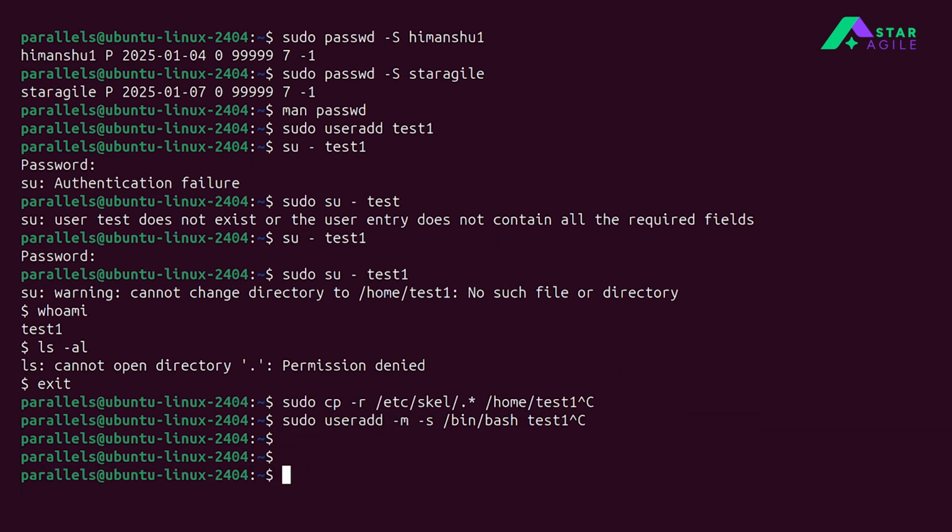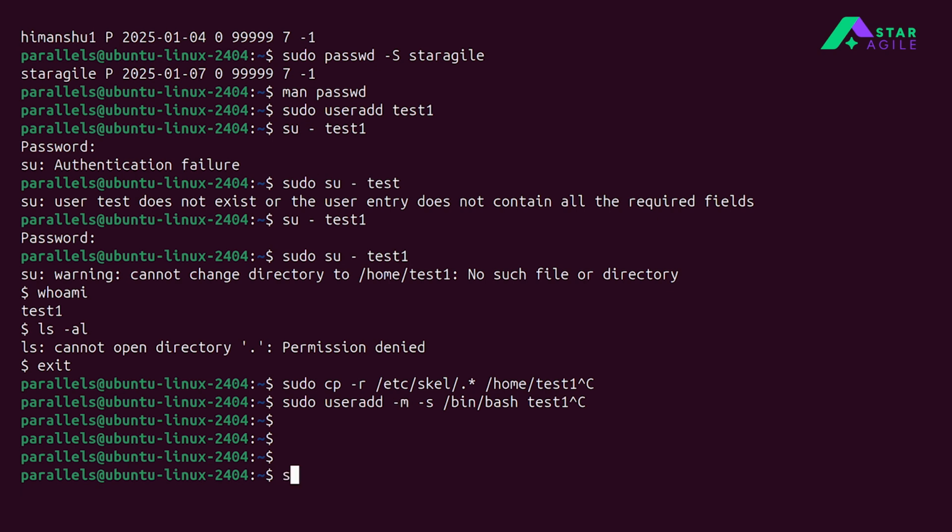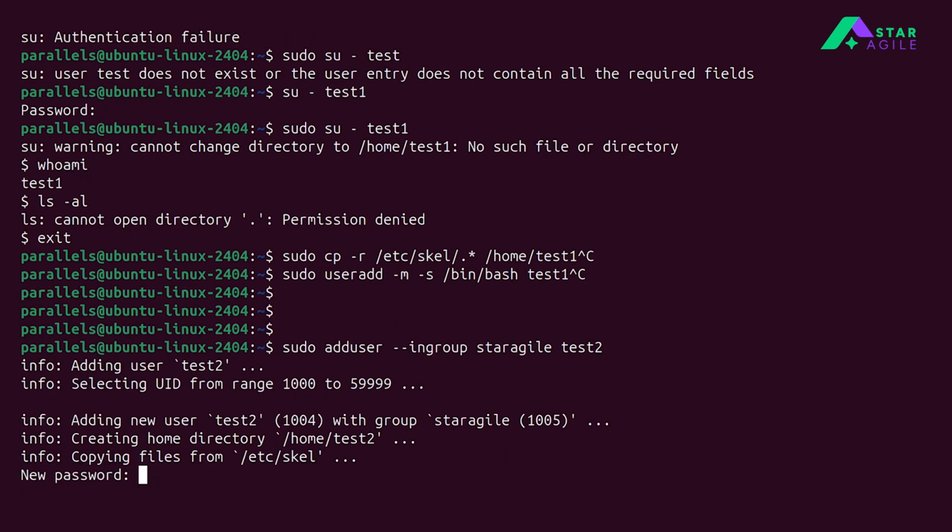If you would want to add a specific user to a primary group, you can do it. See, by default, whenever we create a user, the primary group also is created with the same name. But what I want is, I don't want the same name to be created. I want a user and set the primary group to someone which is already present. So let's say I use sudo adduser, with the group option, I want to assign this user to the StarAgile group. Okay, and what is the username I am trying to create? test2. Okay, so now you see,